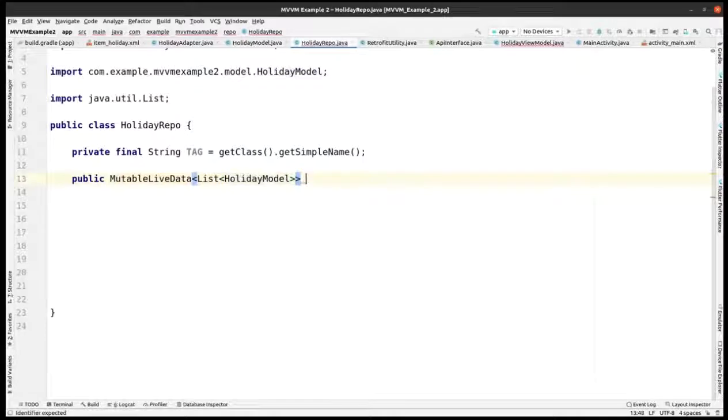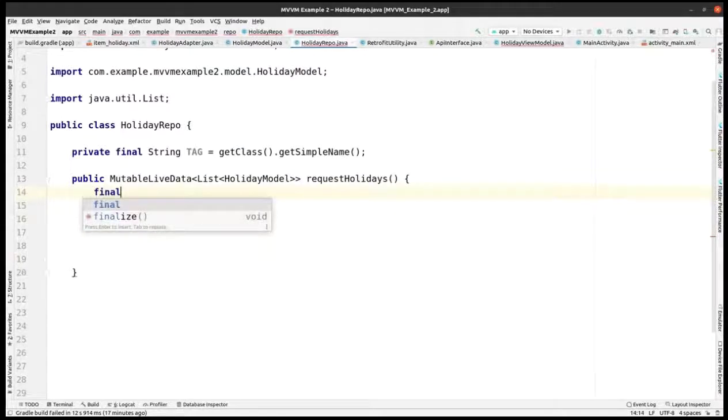Okay, within this requestHoliday function of the HolidayRepo class, what we are going to do here is to add a final MutableLiveData variable or object, like List of HolidayModel,